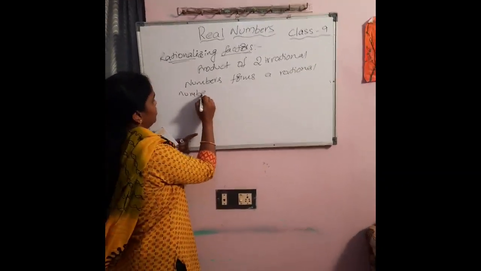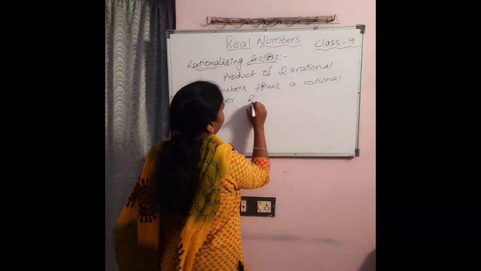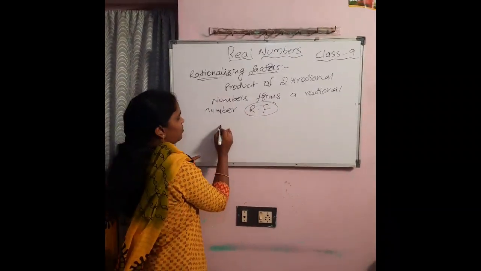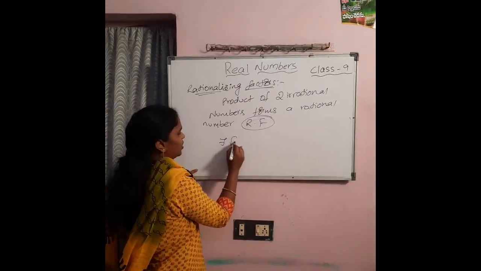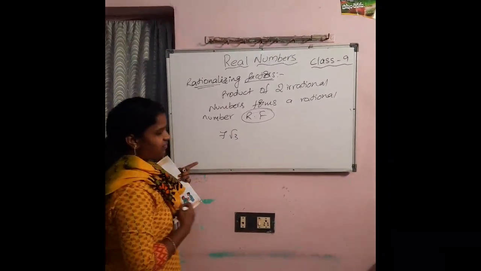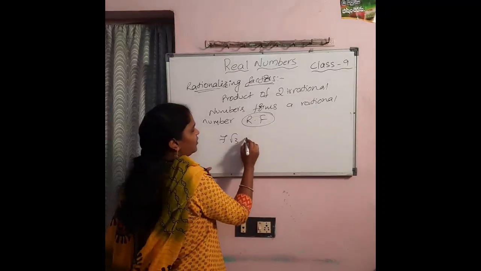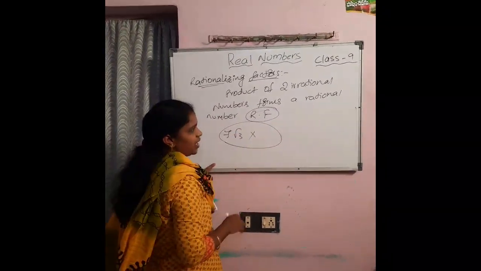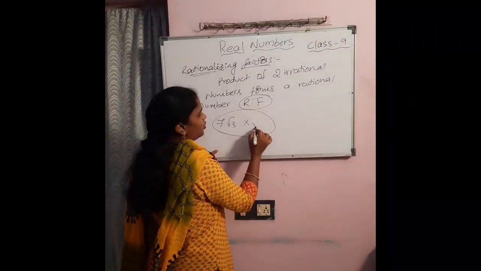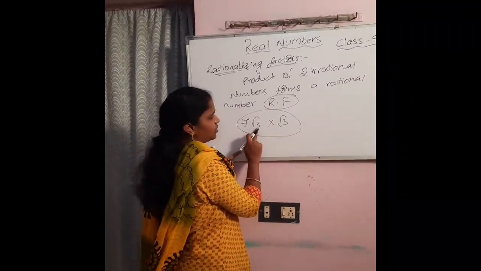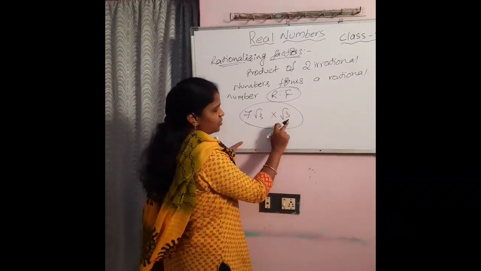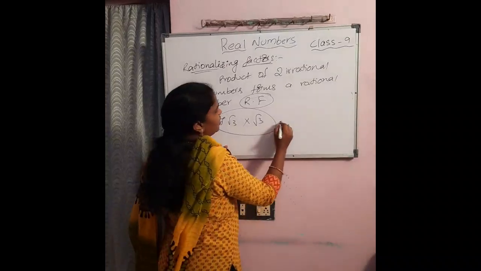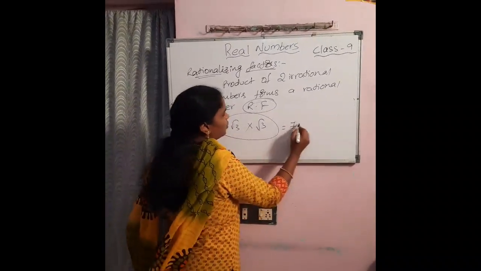Then the result is called the rationalizing factor. Let us understand this with an example. If I take 7 root 3, I have to find the rationalizing factor. That is, by what irrational number I have to multiply so that the result becomes a rational number. Let me take one more irrational number, that is root 3. Here, I multiply by the same root 3 so that the result becomes a rational number, that is 7 into root 3 into